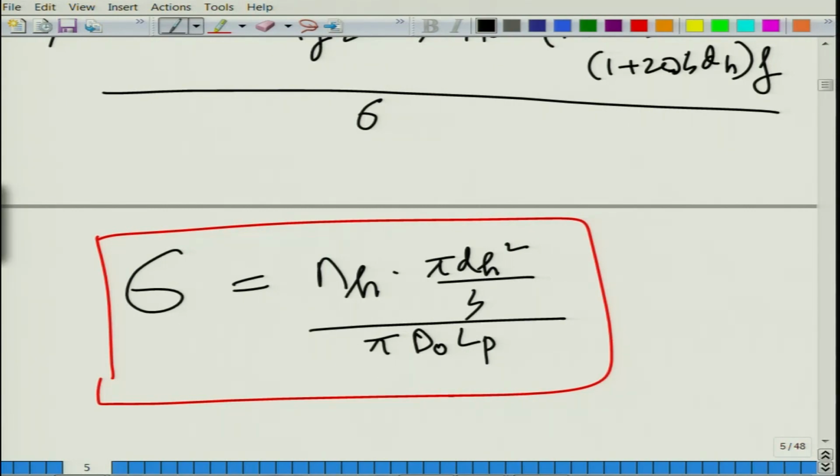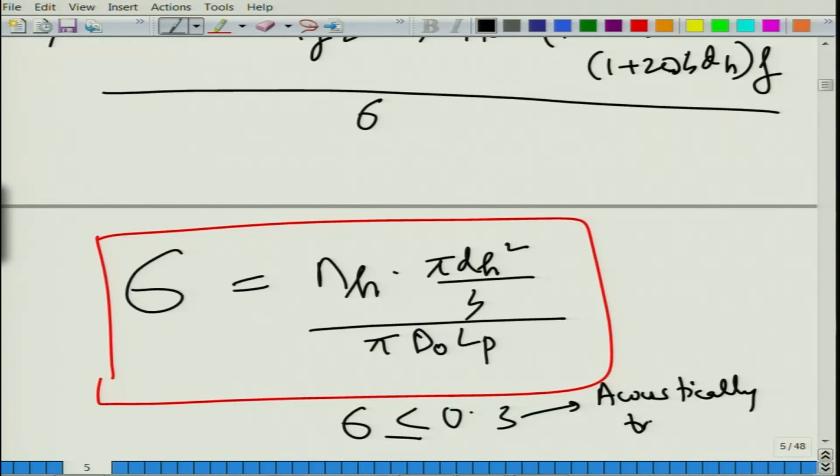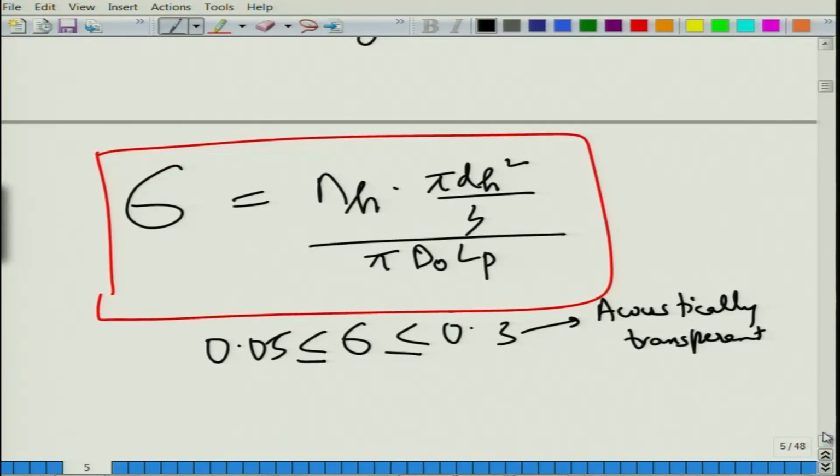Typically, we do not have porosity greater than 0.3, it is always less than 30%, and like I said, it is almost acoustically transparent, as if the perforate did not exist, but mechanically it does. It does not make much sense to go very low either, even 0.05 is quite small. So, typically we vary it from 0.08, 0.1 all the way until 0.28, 0.3. So, these are the typical values.